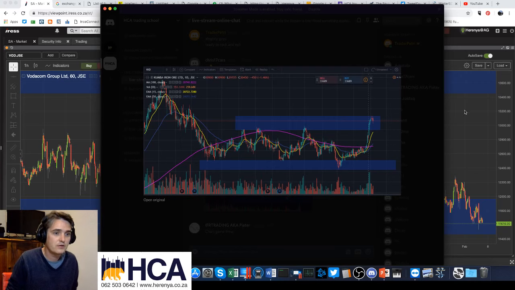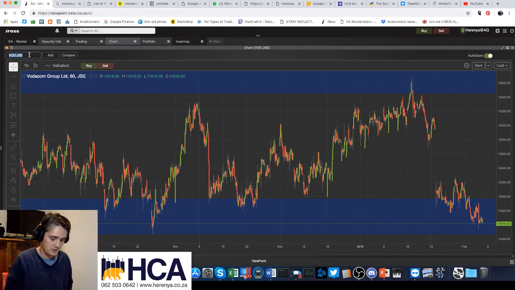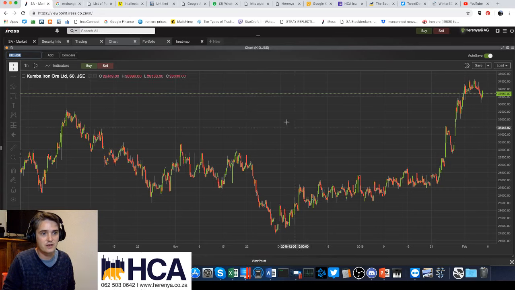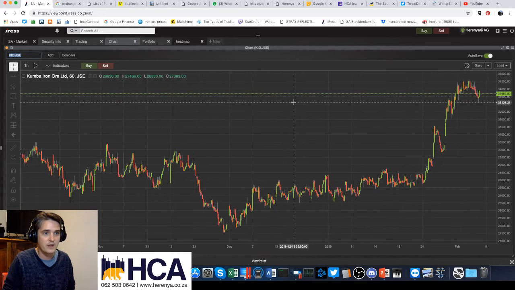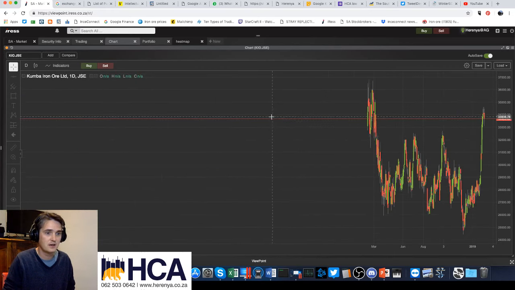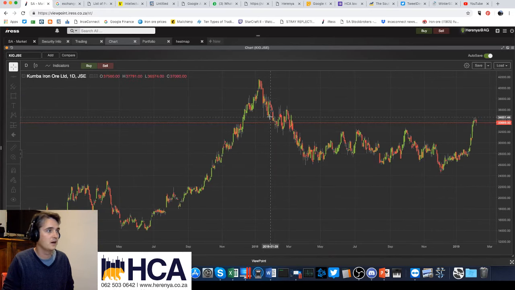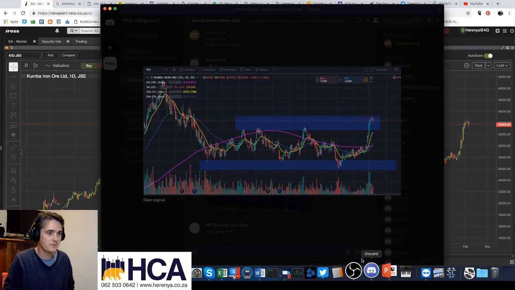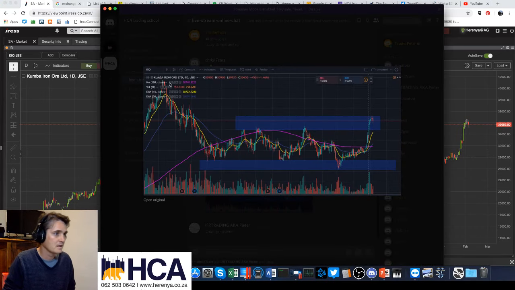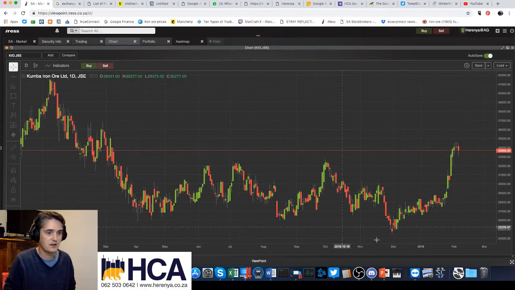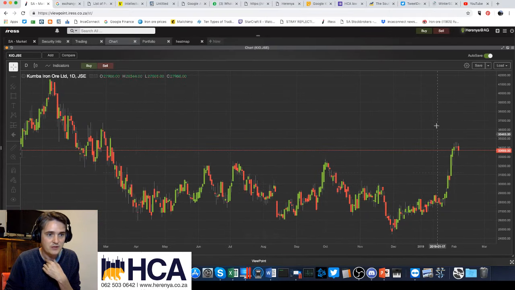So what we're going to be looking for here really is to see, on a lower time frame or a shorter time frame, whether or not there's a consolidation and which way that consolidation is going to break. So to try and replicate your chart here on the daily, Kumba Iron Ore 1 day. We're kind of looking at the same area. I just don't have as many moving averages on it, and that's kind of the situation that you're asking for,